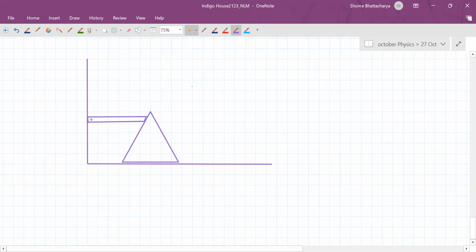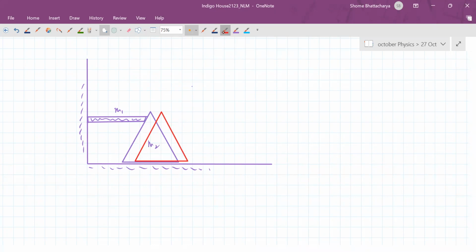Now, because of the presence of the wall, what will happen is this will come down sliding vertically between the wedge and the wall. That is, M1 will come down sliding vertically. Whereas because the floor is supporting the wedge, it will move horizontally. So after a certain amount of time, let's say the wedge has reached here. Move this a little bit more, so that it's reached like this. So by now you realize that the rod would have come down and reached somewhere here.